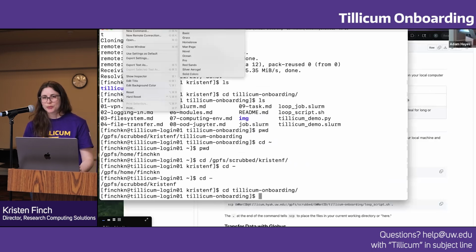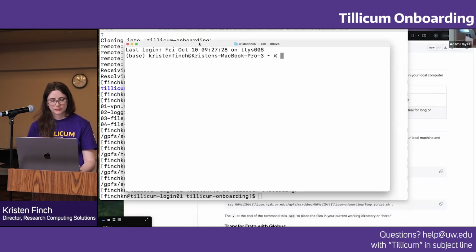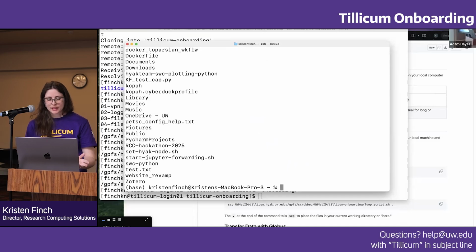So I'm going to open up a new window. If I just ls, I'm in my home directory of my computer. I have a test.txt, which is just an empty file that I use for trainings. If you have something that you're fine transferring to Tillicum, you can follow along. The command is to run scp, then the file name, so test.txt, or whichever file you're going to be transferring. And then you're going to be using your UW NetID at